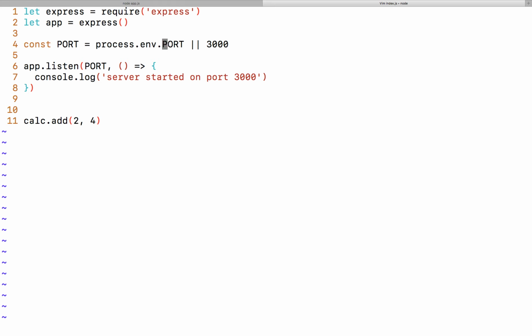If that environment variable is not set, then it's going to use 3000. That's what this little OR trick means. It means if this variable exists, use it. Otherwise, use value 3000. Okay, and that's the better way to configure this.